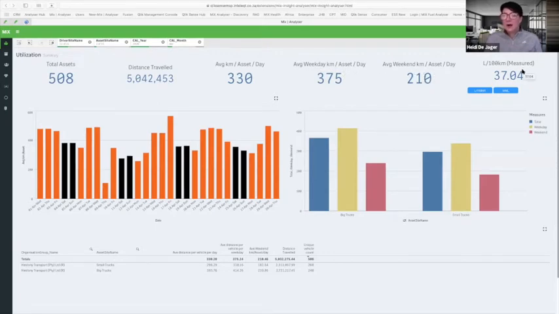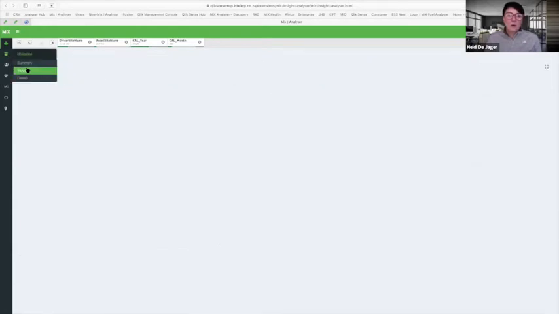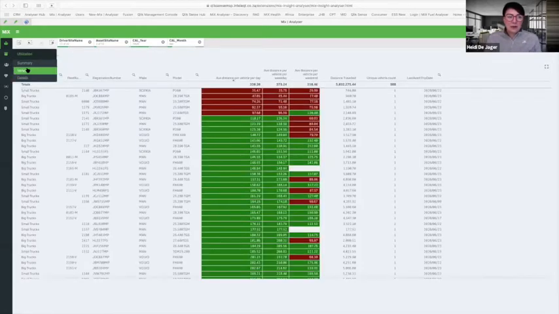Again, on the right-hand side, we're able to display the liters per 100 kilometers used, and see, based on a trend, how the fleet performed during the course of the month that has been selected. On the right-hand side, we can again see a summary compared to your average weekday usage and your average weekend usage. This allows you to also go into detailed information per asset,